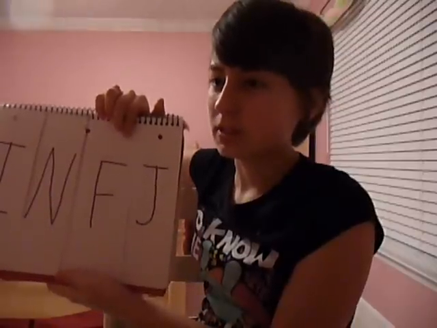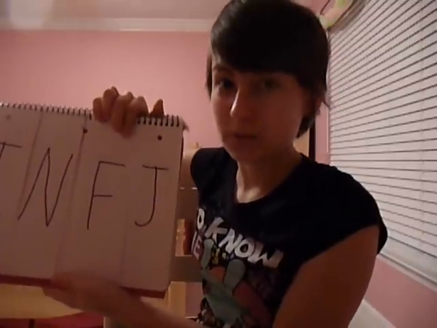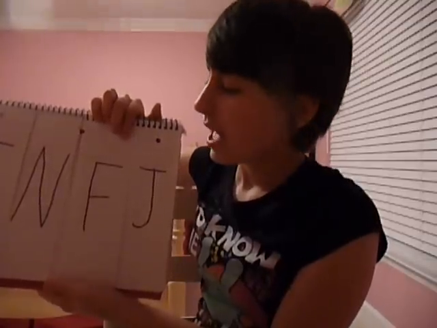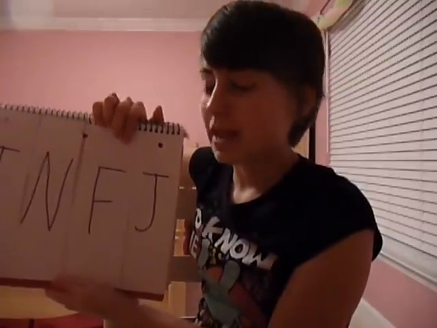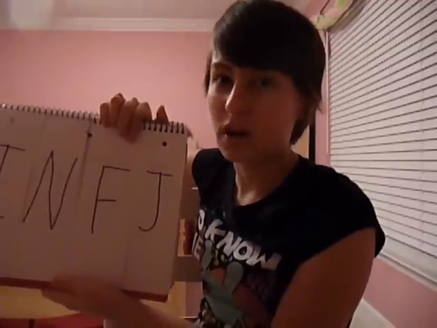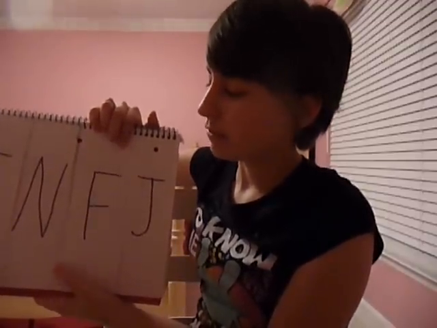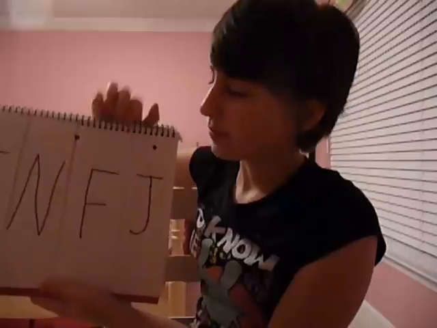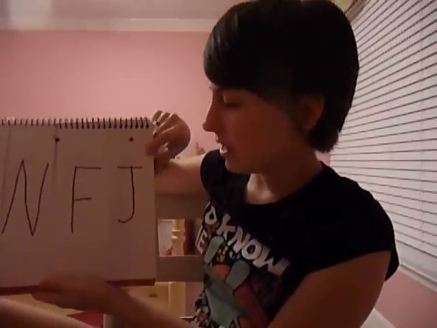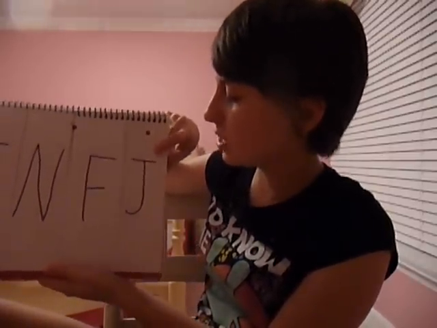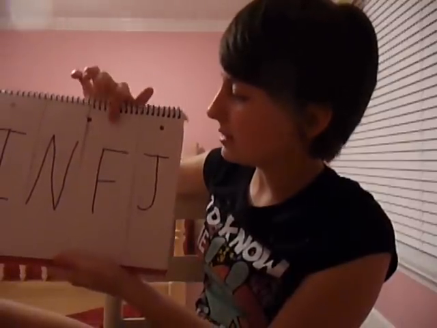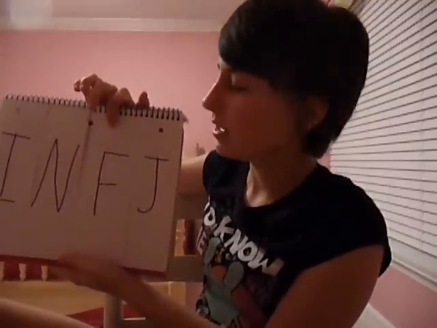Feelers make decisions based upon their feelings and their values, and how those decisions are going to affect themselves and others. And thinkers make decisions based on what's logically the best thing to do and the pros and cons of the situation from a logistical standpoint. So we take a look at this J over here, and because this is judging, we are going to take a look at this F, because that is the judging quality